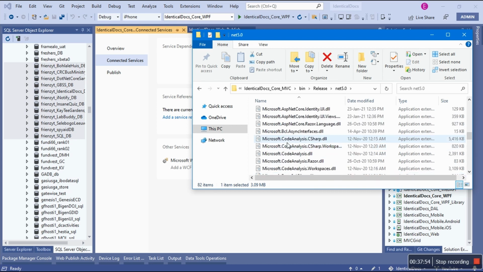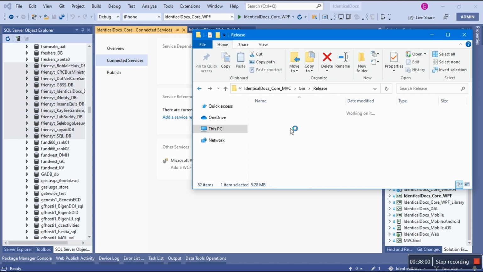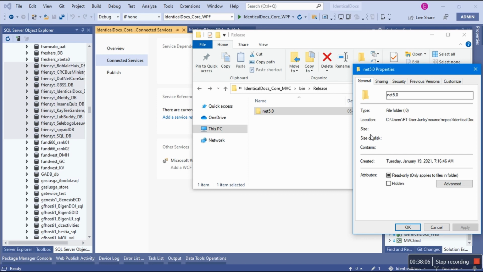Seriously, look at this, 5 megabytes. And how big is this folder? Because this is coming from the release. Let's see how big it is. Let's give it a second. 150 megabytes.